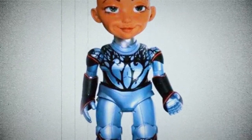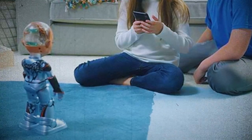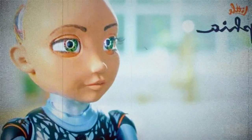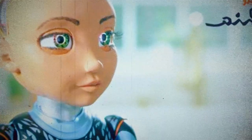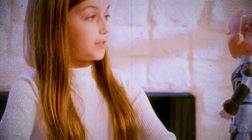Little Sophia proves that advanced robotics doesn't always need to be intimidating. This 14-inch robot was designed specifically to engage children in STEM education, making learning about technology fun and accessible. Unlike her famous big sister, little Sophia focuses on education rather than entertainment, though she manages to be both educational